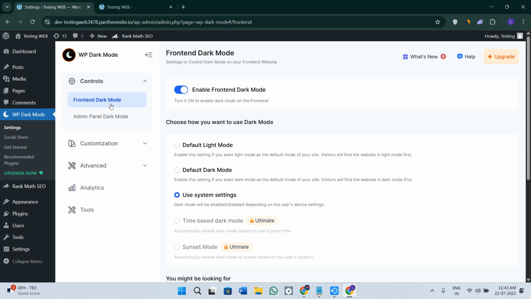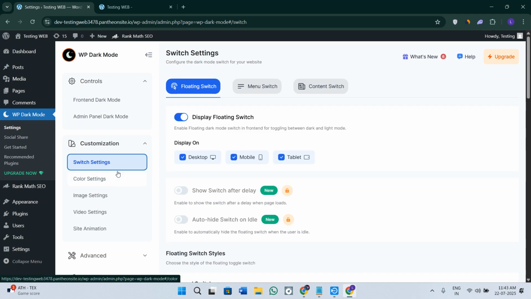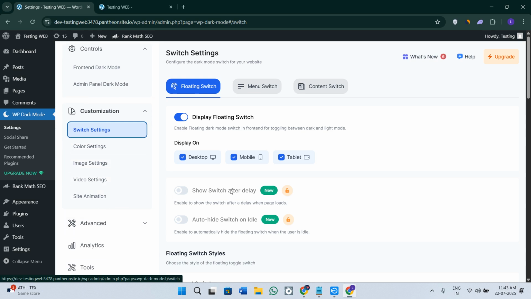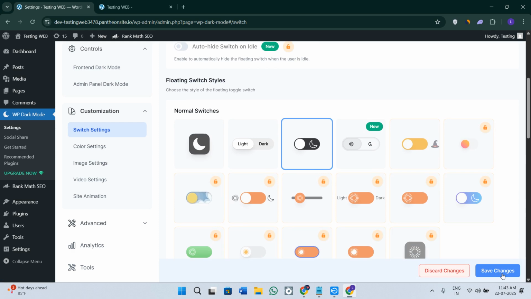For that, you need to hover over to the left hand section and click on the option of customization. In the customization option, you can go to the switch settings, and you can also go to the style section and choose your preferred dark theme style, button placements and colors. Once you are done with it, simply click on the save changes option in the bottom right hand corner of the screen, and then you can view your website and it will show now that you have a clear dark